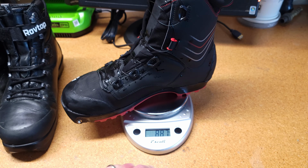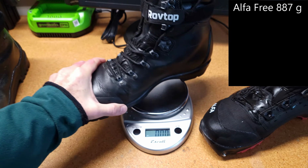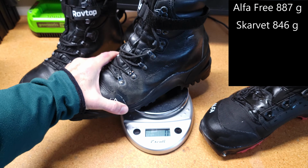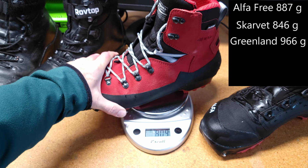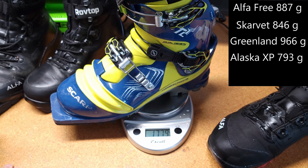So this boot is a size 43 and is coming in at 887 grams. So how does that compare to my Scarpa Tri-NBC? We're coming in at 846 grams. And these are my Greenlands, which are also 43, 966 grams. This is the Alpina Alaska XP, 793 grams. And in the category of you don't even want to know, these are my Scarpa T2s,